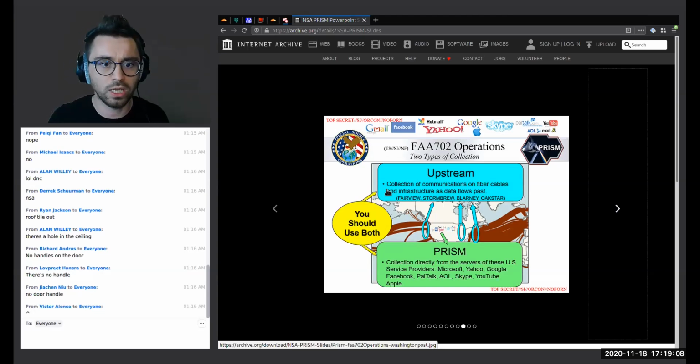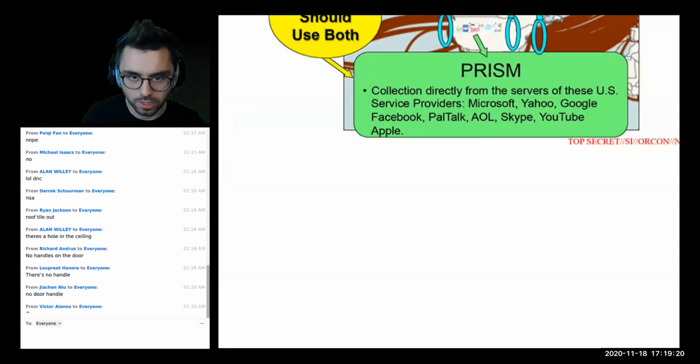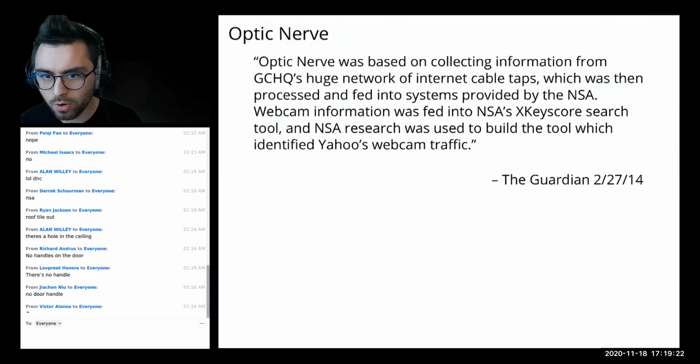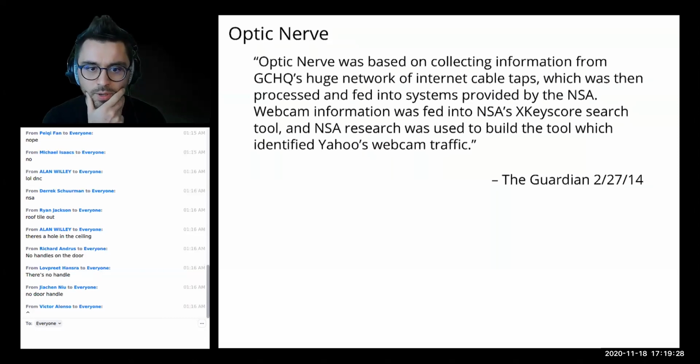And the thing that the NSA, or at least allegedly, is doing with this data is feeding it to a bunch of software that lets you essentially search this data for all kinds of different queries. One of those pieces of software is called the Optic Nerve. On the previous slide there was also the other coast, right?